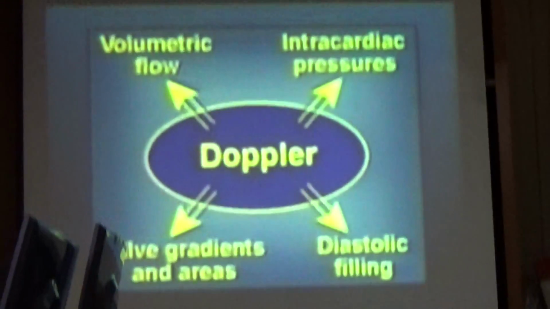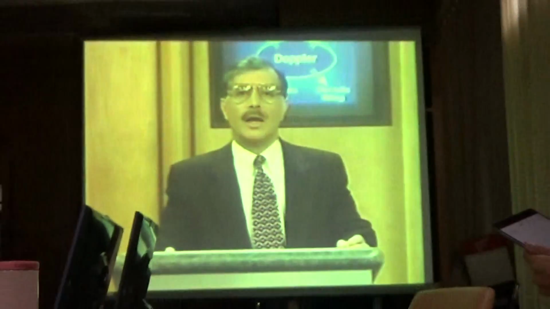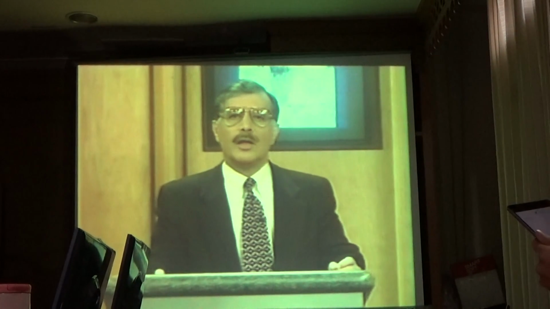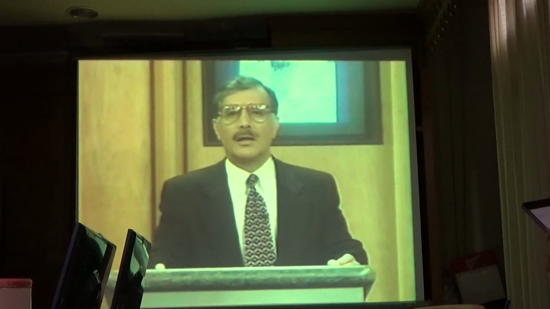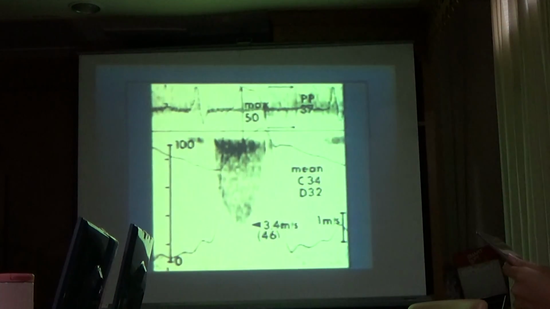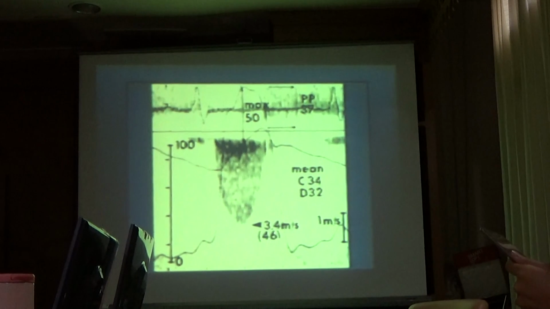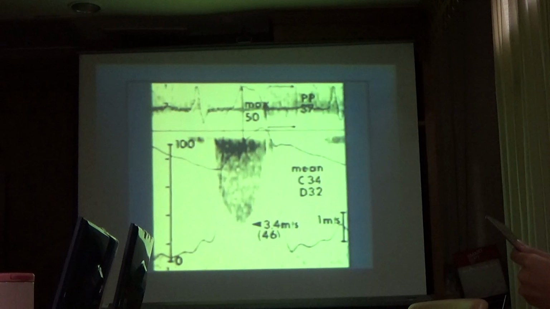Let me now share with you a few examples of these correlative studies of Doppler catheterization conducted at our own institution. This first example is of a patient with aortic stenosis who is undergoing cardiac catheterization and simultaneous Doppler recordings. You can see on the right side of the slide that the catheter gradient is 34 millimeters mercury and